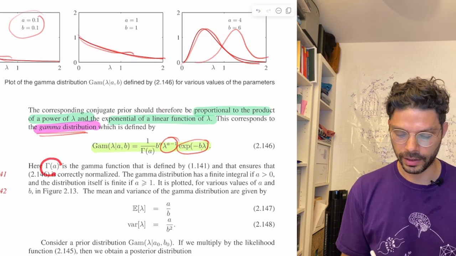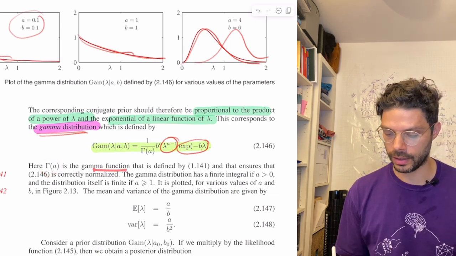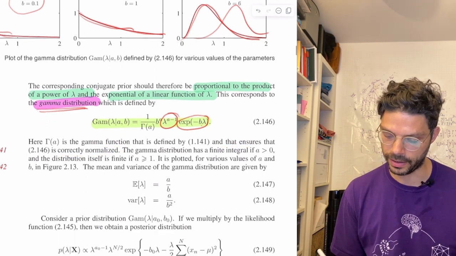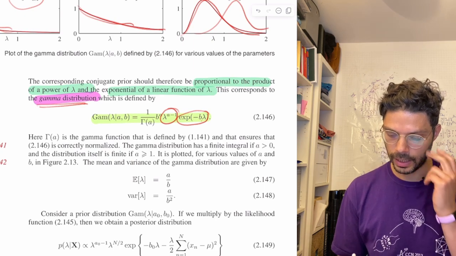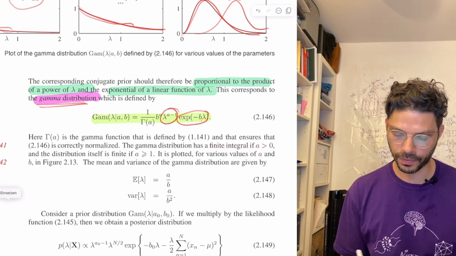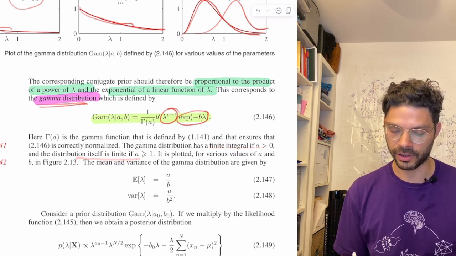Okay, so here gamma a is a gamma function and it ensures that it's correctly normalized. And we won't have to worry too much about any of the normalizations here. The gamma distribution has a finite integral if a is greater than 0, and the distribution itself is finite if a is greater than or equal to 1. So you see here,